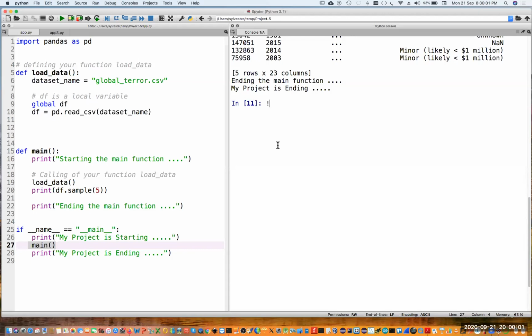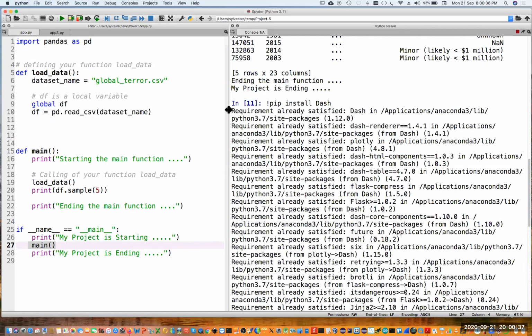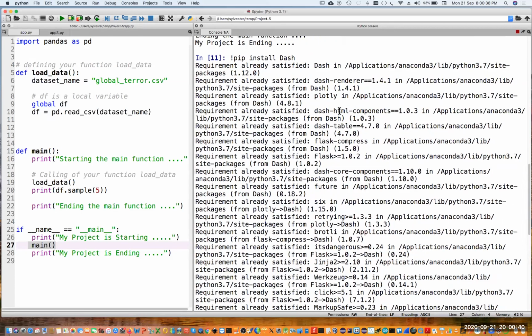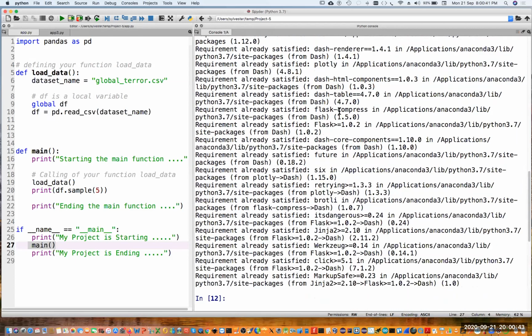So what do I have to do? I have to write this in the console, guys. Note the first point: you need to have internet on your laptop or your PC. Once you have confirmed that, put an exclamation mark and write pip install dash. Is it clear? Exclamation mark, pip, space, install, space, dash, and give an enter. Because Dash is already installed on my system, it says